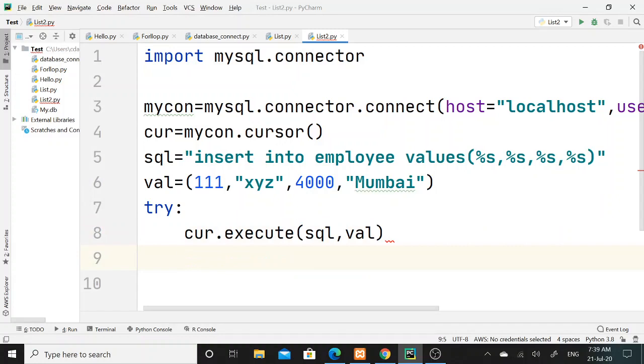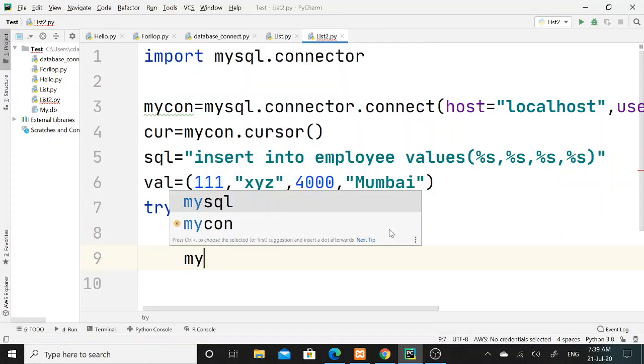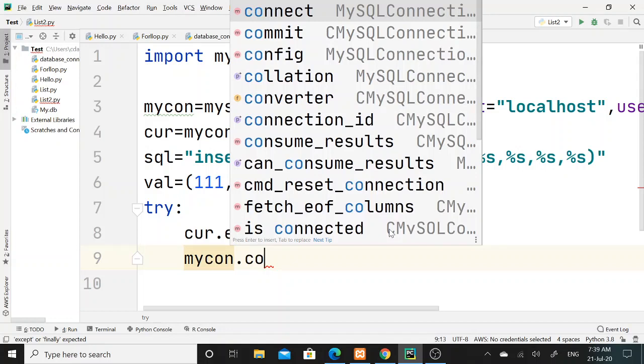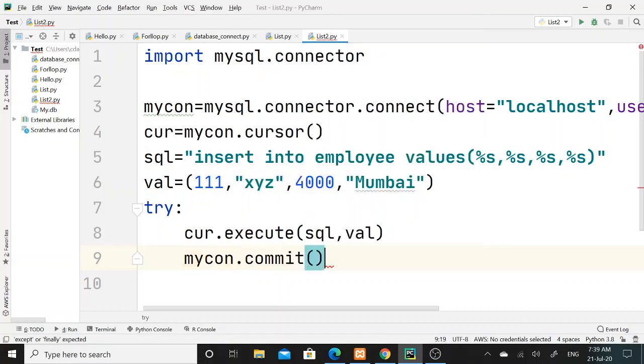Then in the next line, with the help of the myCon variable, I will invoke the commit function. This commit is required to store the records into the employee table and to make whatever changes in the table permanent.